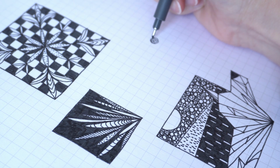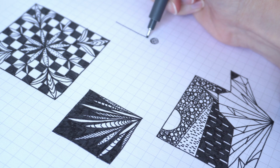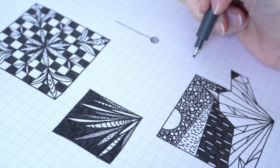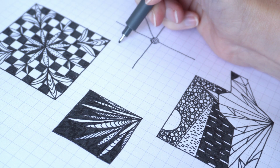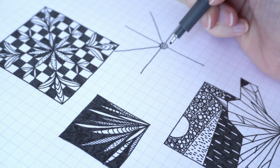Why not dot to dot? Yes, you don't always have to put things in a frame on graph paper. Of course you don't. You can just do random lines going off in different directions and see where they take you. So these random lines aren't quite so random because they're regular ones which are going to form a web